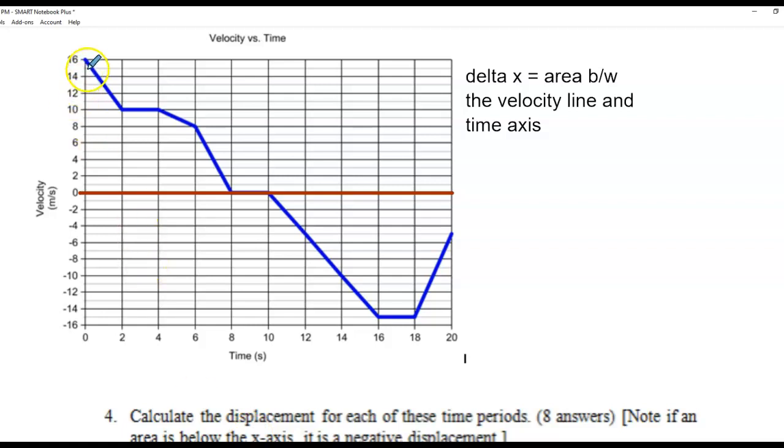So if I start at this first one and I make it red, I'm starting at the line, I'm going down until I hit the line, and that's for an entire section here. So we have those shapes put together, so we're going to find the area of this whole section here, and I would say there's like 2 parts of that section. We would continue to do that for the different